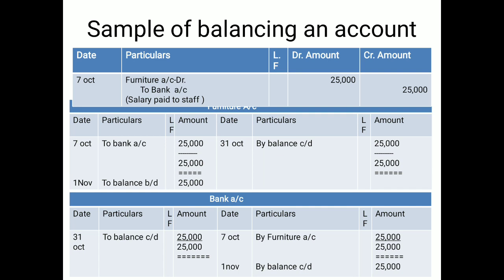That means the total is nil. But you have to pass the entry on whichever side is short, to put the balance by balance brought down, and again make the total of both sides equal. When it is equal, put the double line; it is the closing of one particular month. And now this balance is to be forwarded where the balance is more, which is called balance brought down.